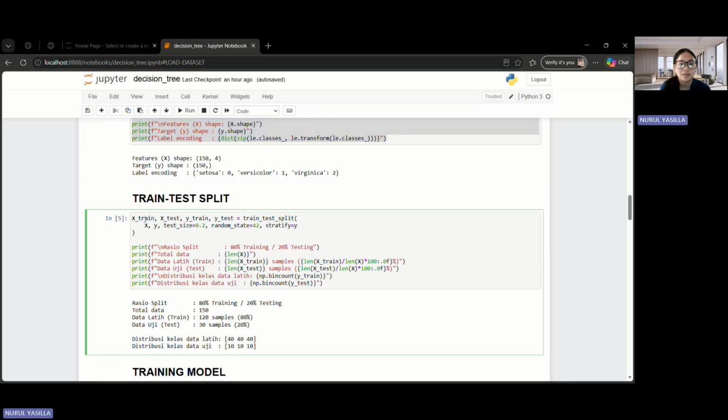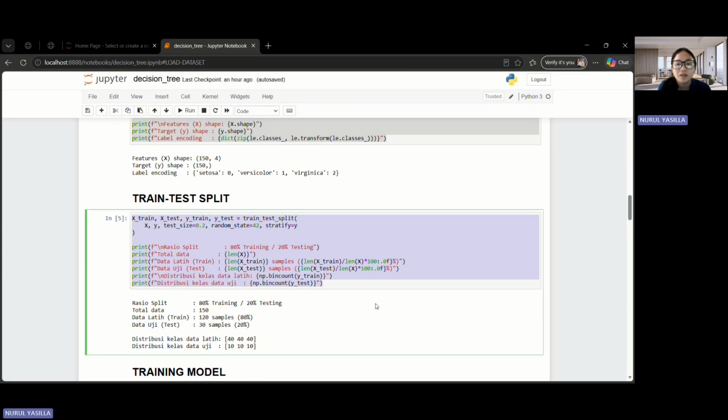Next, train-test split. The data is divided into two parts using train_test_split. In this, 80% of the data is used to train the model, and the remaining 20% is used to test the model. The random_state=42 parameter ensures the data split is always the same every time the code is run, making the results reproducible.